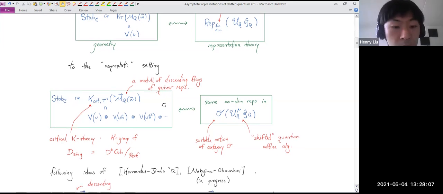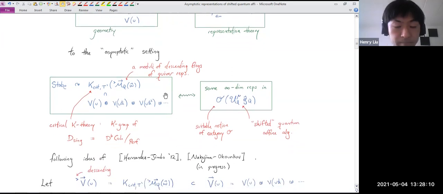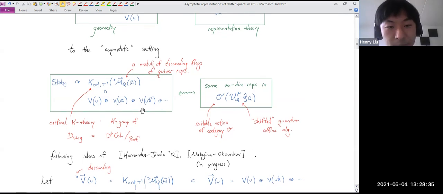Here maybe is a good place for me to give some references and credit to some people. Certainly this idea of thinking about these asymptotic infinite tensor products of modules is not new. That idea has been around since ancient times. And the study of modules of this particular form, where you take evaluation representations in some geometric sequence,